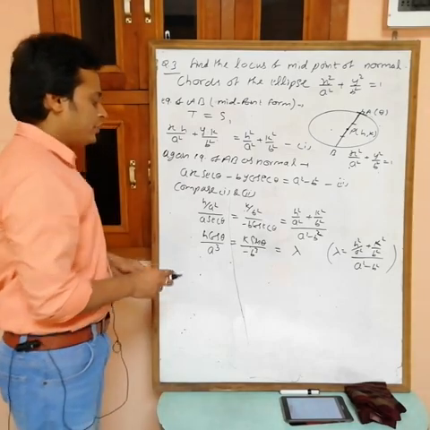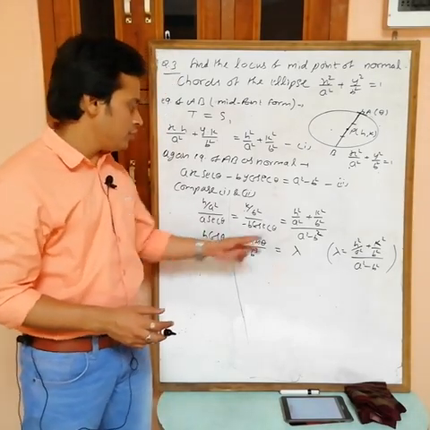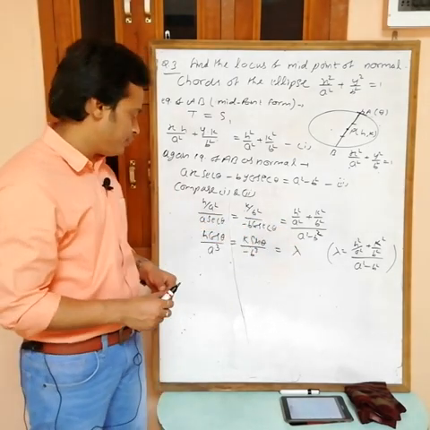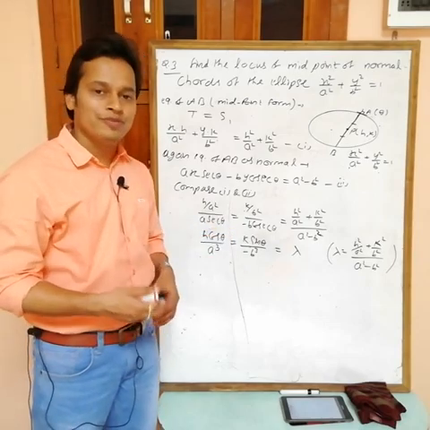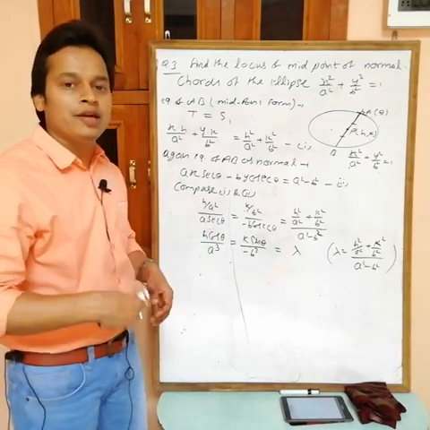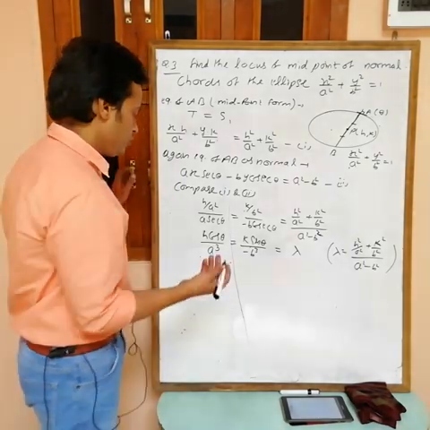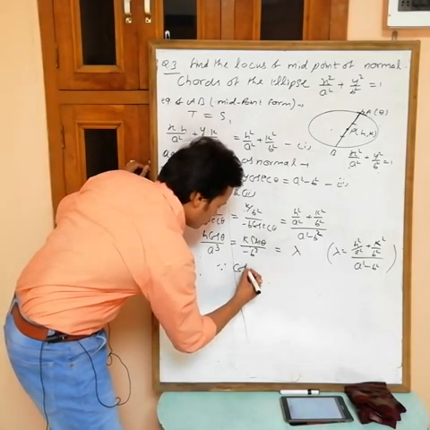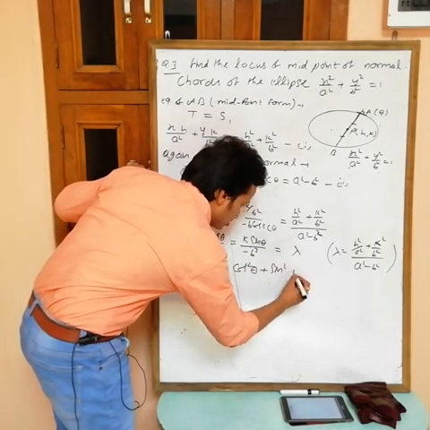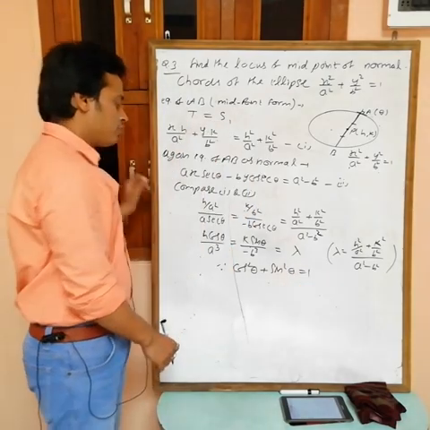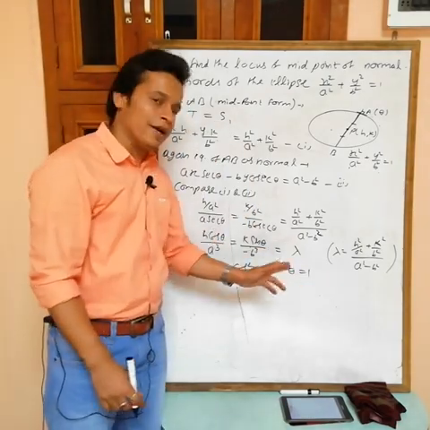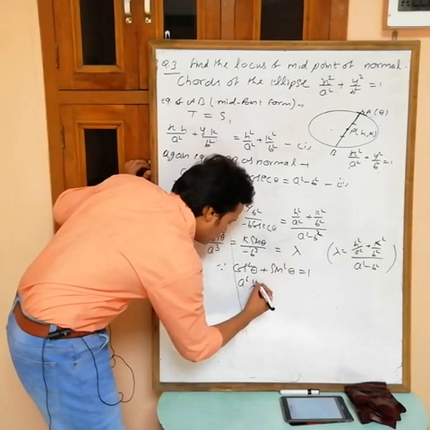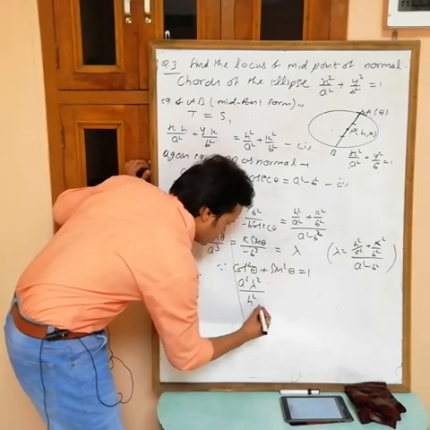Now again we have this value, and if you write this one the same way, also no problem, but it becomes lengthy, so I am simply assuming this one as lambda. Then again cos and sine, so use the same thing, cos square plus sine square equal to 1, because at the end we want only the relation between h and k. There is no need for theta. So we know that cos square theta plus sine square theta equal to 1. Now value of cos theta is a cube lambda by h, then cos square theta is a power 6 lambda square by h square.